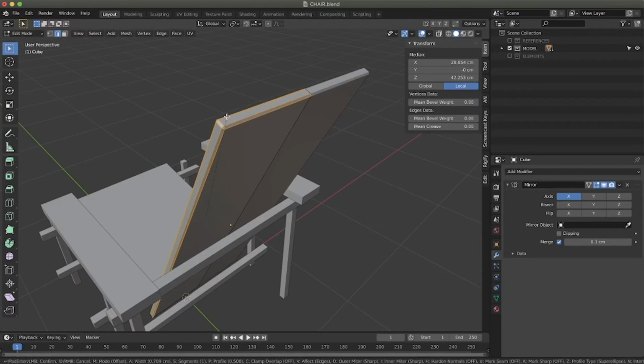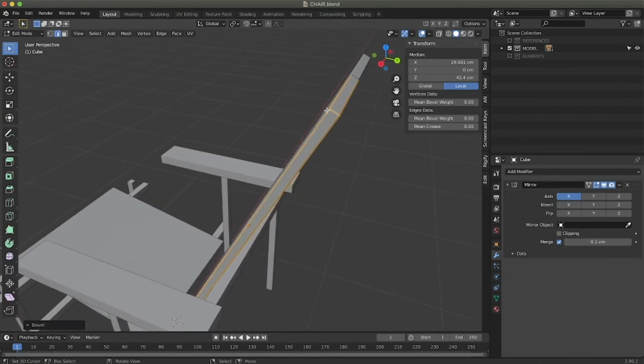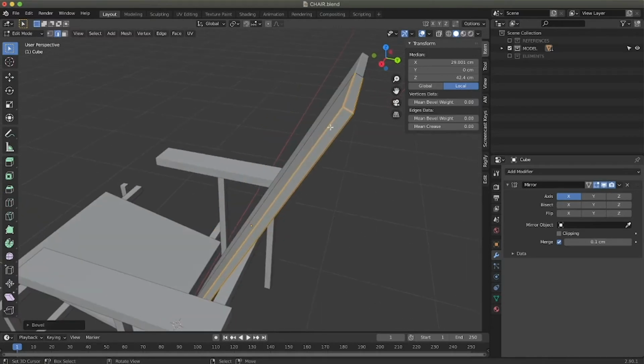But we add geometry, and the more geometry you add to your model, the harder it is to manage. If you want, for example, to scale this part now, it's going to be harder because you don't scale just two edges, you scale four edges.